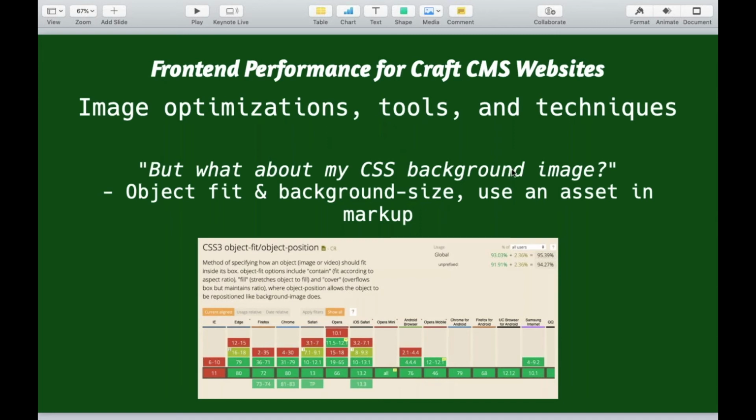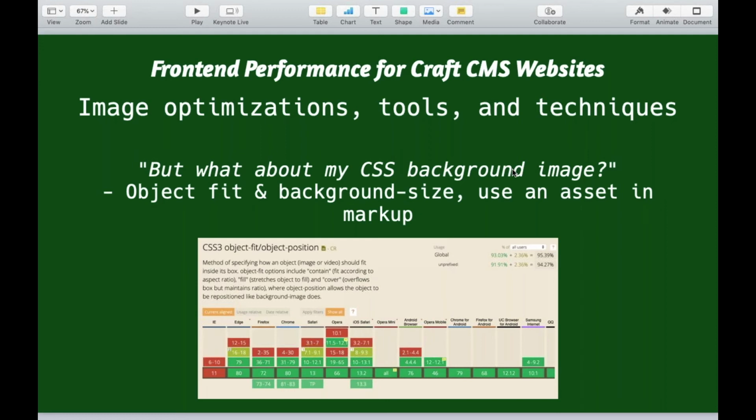But what about my CSS background images? Yep, I hear that a bunch. We used to be stuck having to do these big hero images, and our only option 3 years ago was, okay, I'll just have to include that reference within a CSS style sheet, and then render it with the size and make it stretch and make it scale, and that kind of sucked because we weren't able to take advantage of the stuff that I just talked about, dynamically creating optimized images, WebPs,